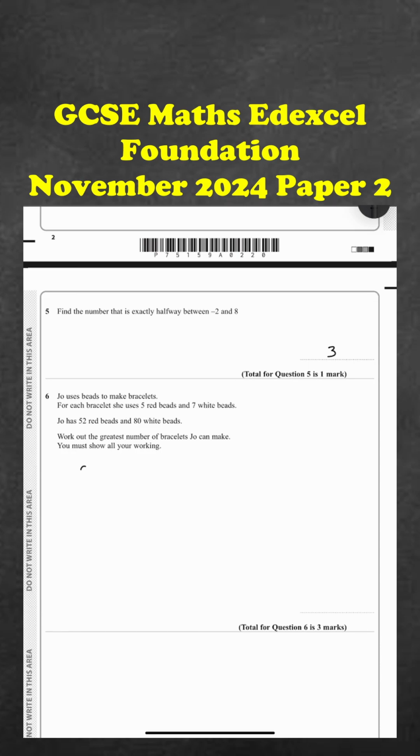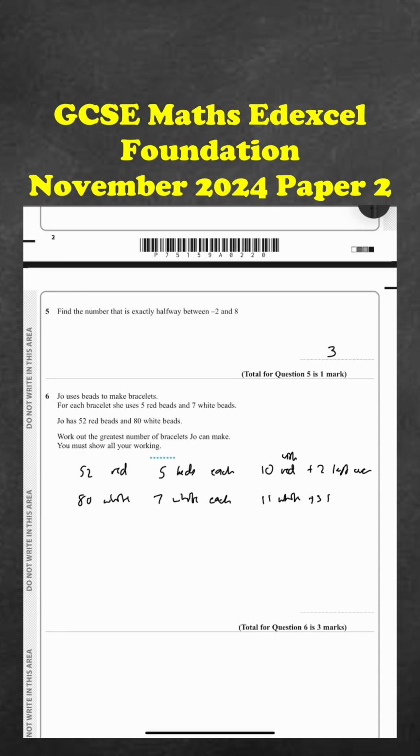So, if she has 52 red, and each one is 5 red beads, she will be able to make 10 with the red, and 2 left over. And we'll compare that to the white. So she's got 80 white, and she needs 7 for each bracelet. Just do on my calculator, 7 times 10 is 70, add another 7 is 77, so she can make 11